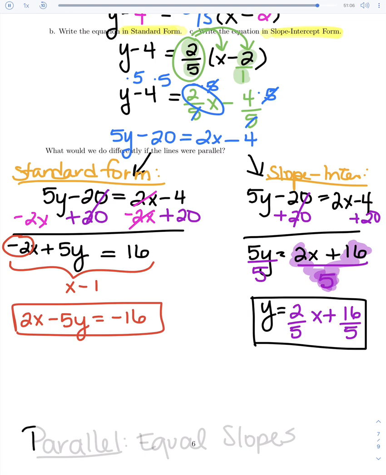Well, had they wanted parallel, remember that parallel lines have equal slopes, which would mean that the original slope that we found in this problem, which was negative 5/2, would have stayed the same. So if they actually say parallel, we just find the slope and use it. If they tell us perpendicular, that's when we have to do the switching and the flipping. So kind of keep